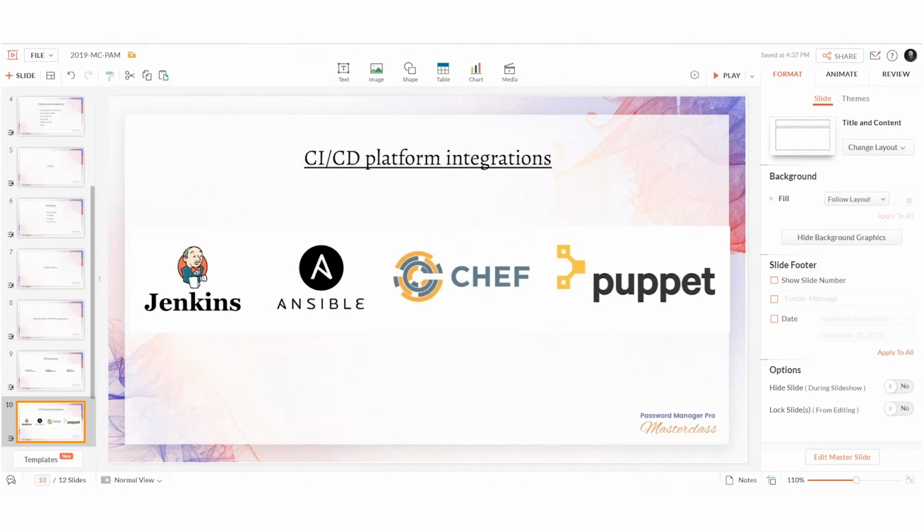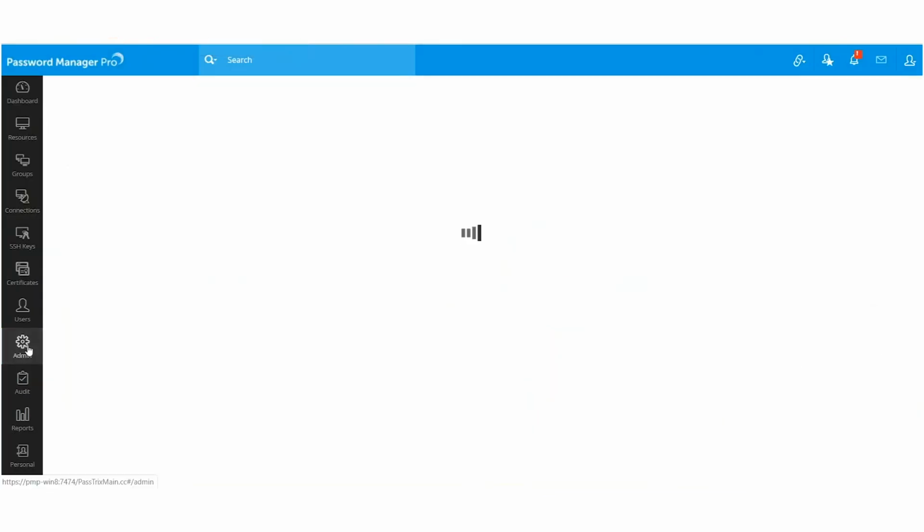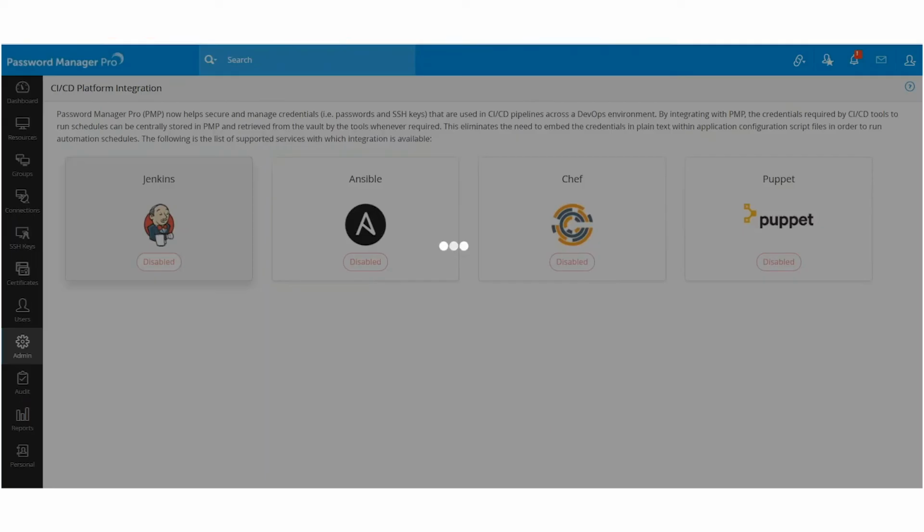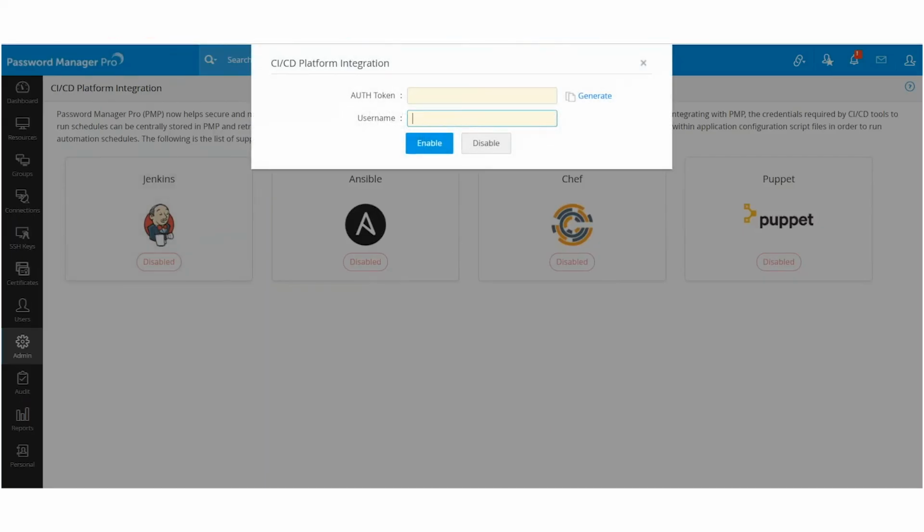Here, this integration will be available in Admin, Integration, CI/CD platform, right? Once you enable any particular integration, once again we make use of the RESTful API. So you have to provide an auth token and the username from the Jenkins or the Ansible or Chef Puppet applications. Once it's been provided, whenever your automation tools have an automation activity, like